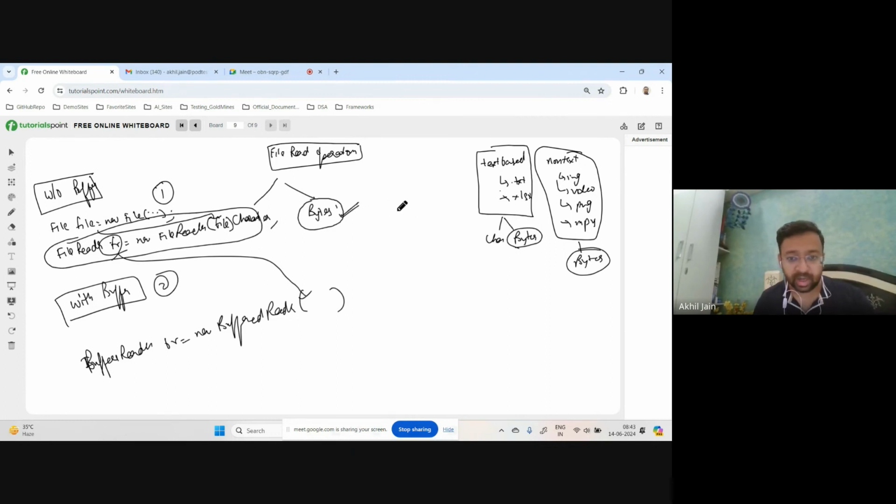For the bytes, the class used is, I think, file input stream, right? File input stream. And in this case, it is buffered input stream, right? So how many classes did we learn as part of this process? One class, two class,